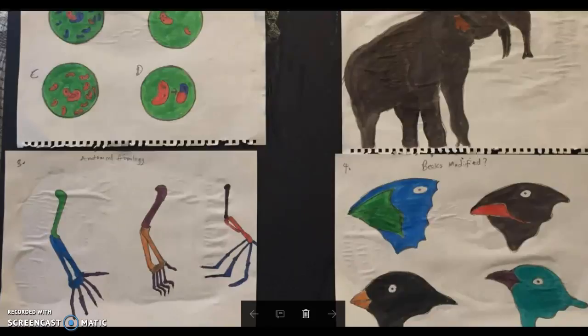Today, I'm going to be doing some talk on the importance of evolution. For this project, I did a piece of artwork to convey my message on the importance of evolution. First of all, I want to begin by defining what evolution is. Then we'll go deeper into what everything that I've displayed means.